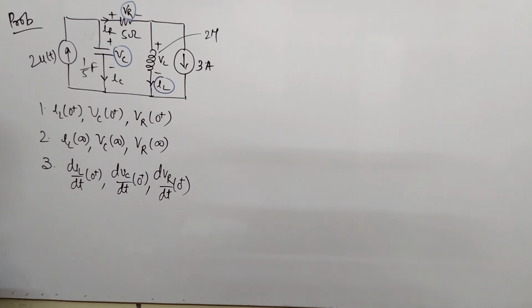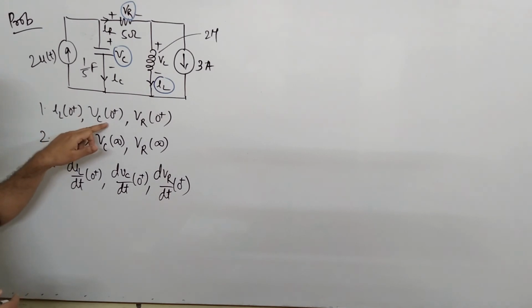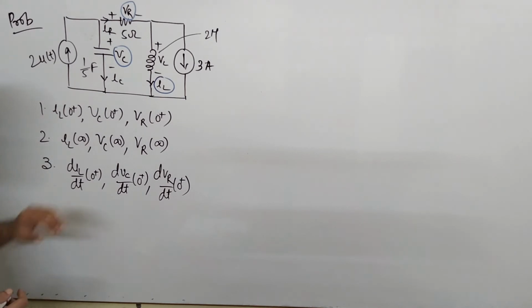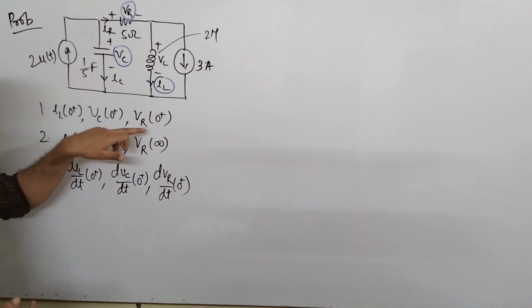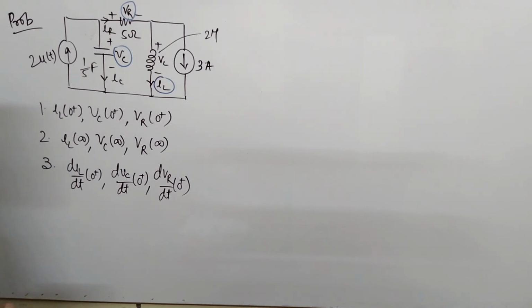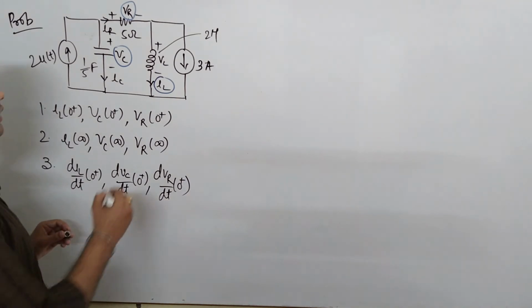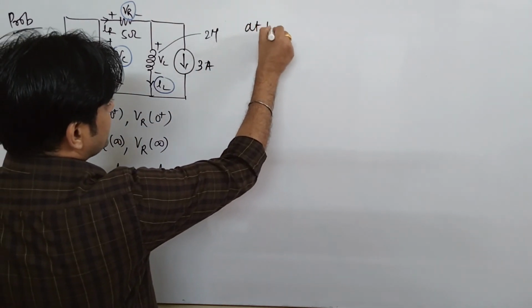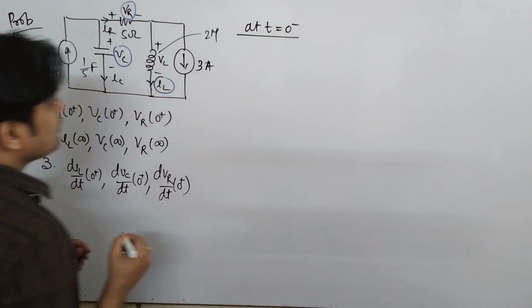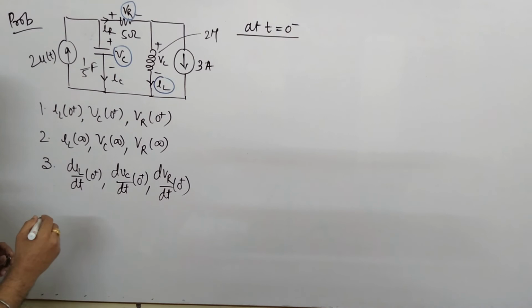So the first very important thing is IL 0 plus and VC 0 plus. Yes, these are the 2 values of current across the inductor and voltage across the capacitor. So it is possible through finding out the initial condition. But if you talk about VR 0 plus, it is somewhat different, because it is a voltage across the resistance. So just keep in mind, you cannot apply the initial condition concept to find the value of VR 0 negative and then VR 0 positive. We have already discussed this, so we will see how we find it, okay. So first of all, as I said earlier, you have to draw the circuit at t equal to 0 negative to identify the different conditions.